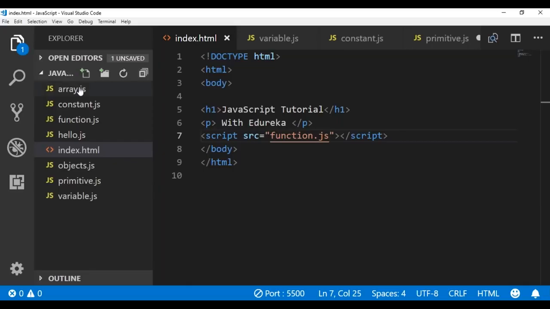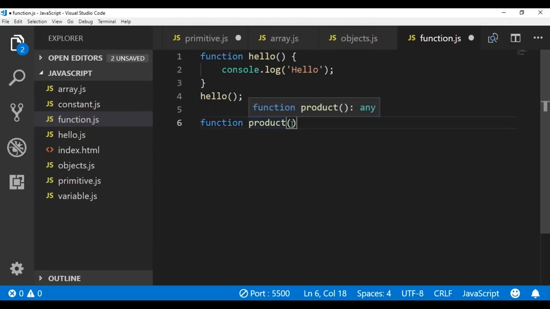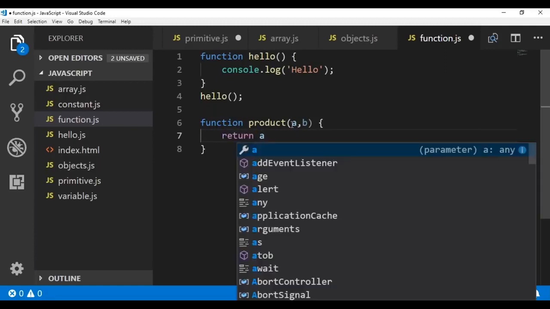Okay. Let's make a better function. Let's say we'll create a function for multiplying two variables. So let's say that we'll create a function for finding the product of two numbers. Okay. So for that, you use the keyword function. I'm going to name my function product. Now within these parentheses, I'm going to declare two variables. Now these variables are called parameters. So I'm going to pass two parameters to my function. Now let me get on with it. You'll understand it better. Now what this function is going to return is the product of A and B. So A star B. All right.